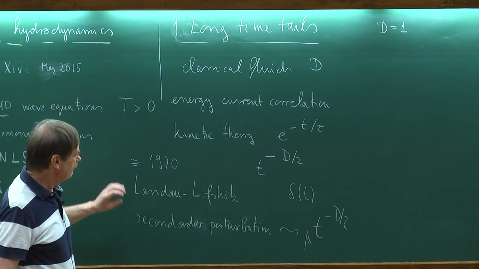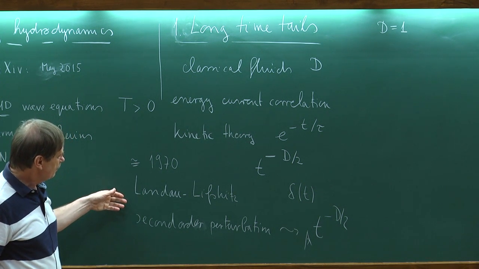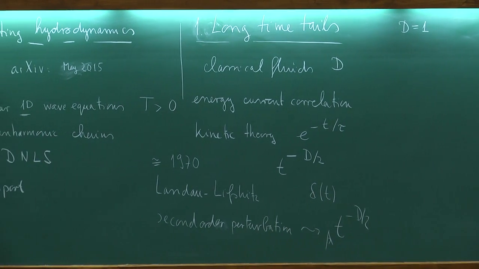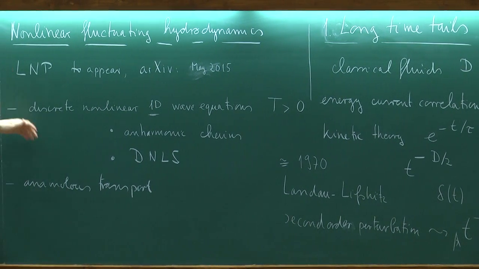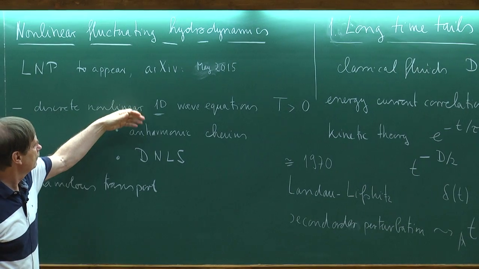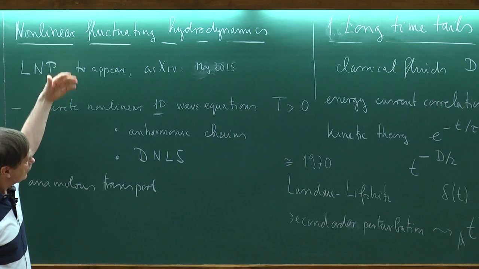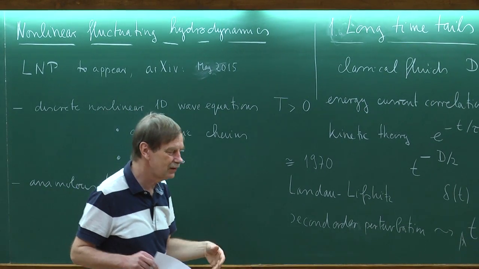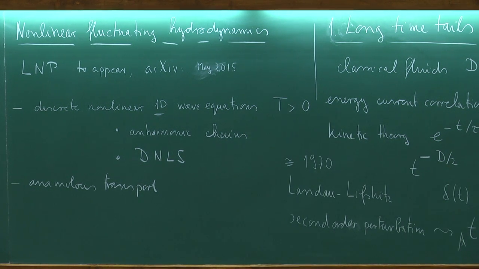And so the main point, and this is why I want to emphasize the nonlinear in these lectures, is that since we are working in 1 dimension, we have to develop a non-perturbative theory, okay? And so there will be, in some sense, 2 parts to this. First of all, I have to link it up: how do we set up this nonlinear fluctuating hydrodynamics, and then the analysis cannot be based on perturbation theory. Okay? And so we need some replacement of perturbation theory, and this will presumably be what I'm going to talk about tomorrow.